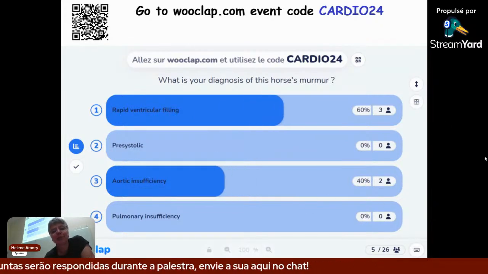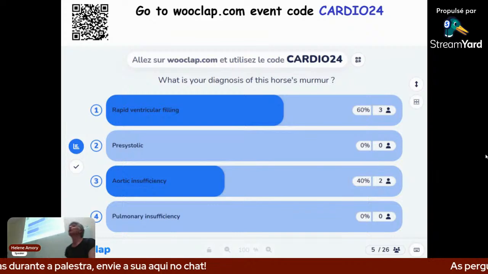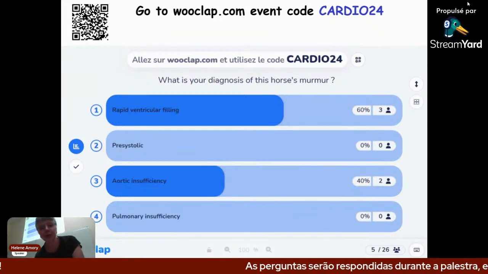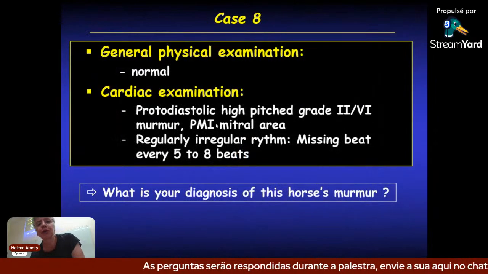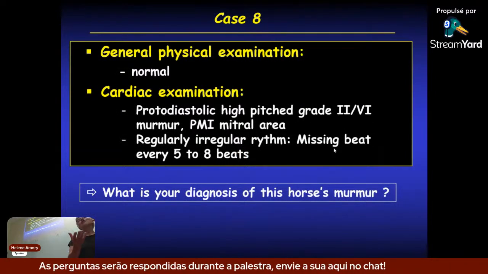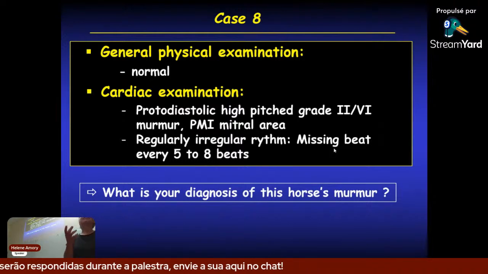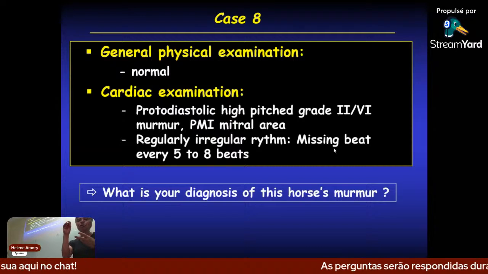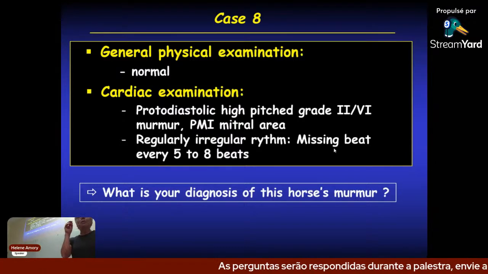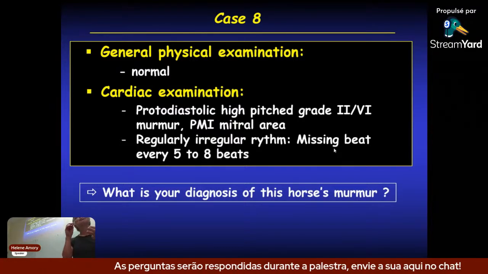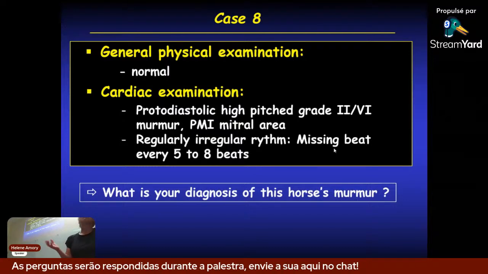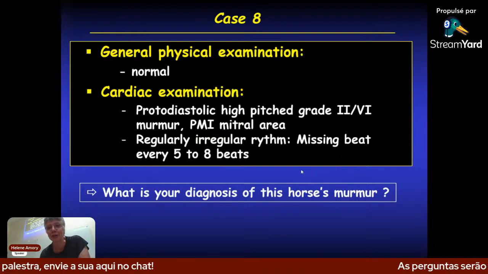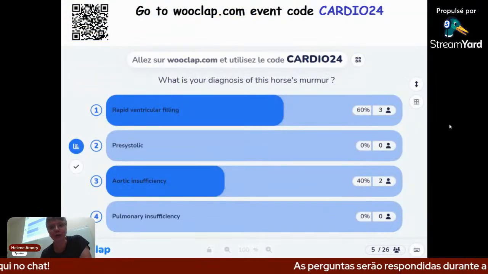You were hesitating between an aortic insufficiency or a rapid ventricular filling. It could be an aortic insufficiency, but the murmur is maximal in the mitral area. The fact that it's in the mitral area, it's very limited in time. It's just proto-diastolic. The pitch of the murmur also. Pum pa pew, pum pa pew. I will put the rapid ventricular filling first in my diagnosis. This I agree with.